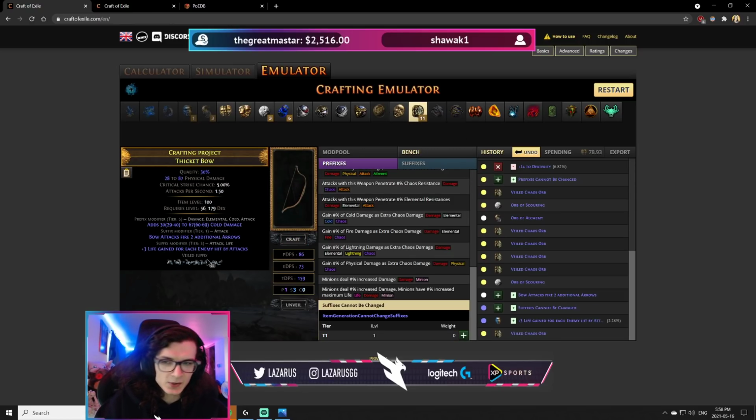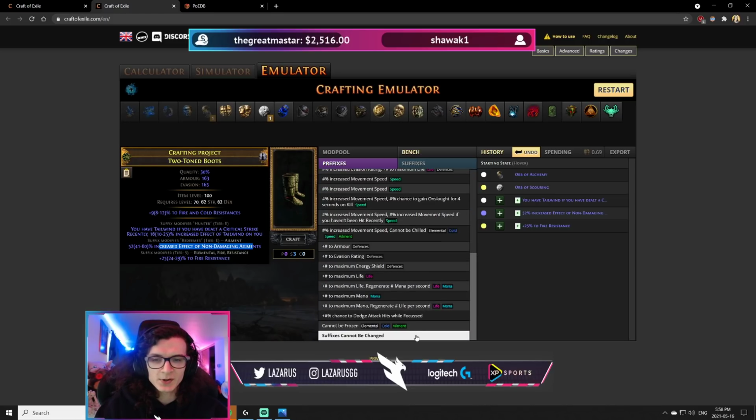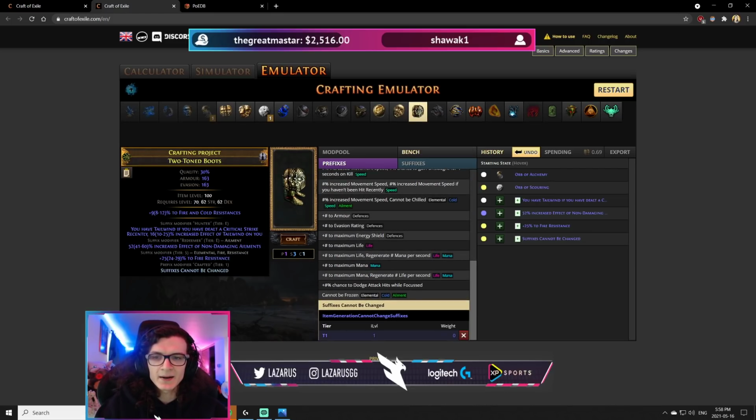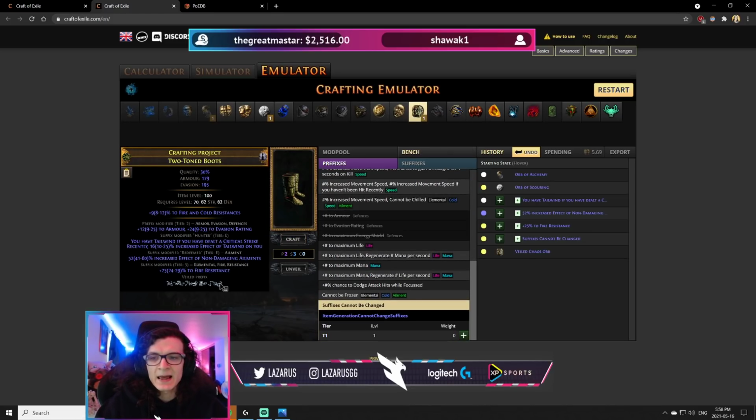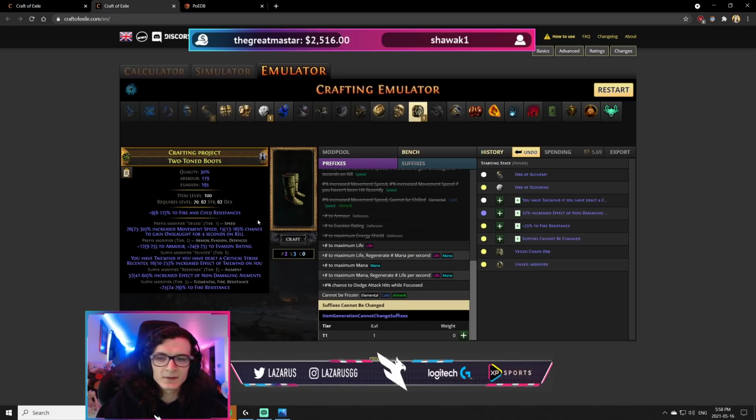Now, this is useful in certain use case scenarios, especially, for example, on some boots, right? So if I was to do that on boots, so let's say I had my Tailwind, right, and then my effective non-damaging elements, or it could be Onslaught or anything else, right? I could actually go ahead and lock these suffixes in with the Benchcraft, and then I could do my Veiled Chaos Orb. And the advantage of this here is that whenever I unveil, right, since it's a Chaos Orb,